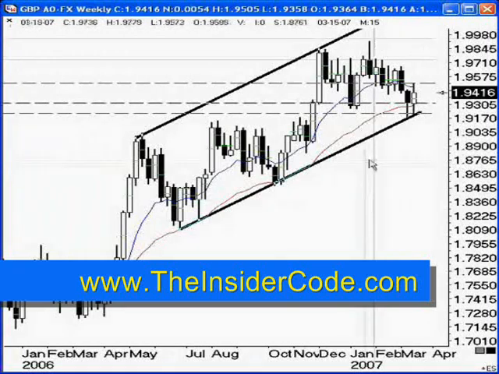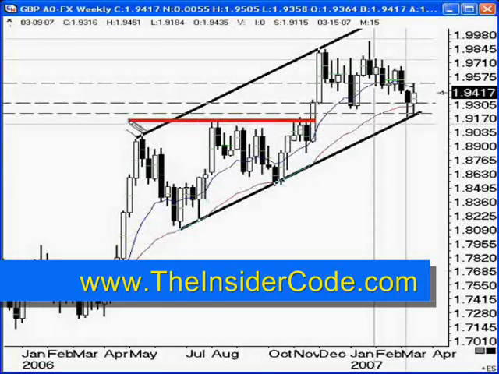Now, if it does break to the downside here, where can it possibly go? Well, remember, the market likes logical points. Okay, it likes to go to past lows, past highs. So remember, this area, which is, whoops, wrong tool, which is going to be roughly from these highs